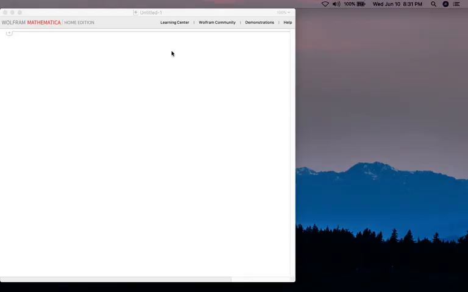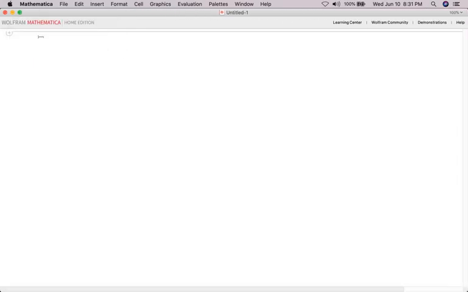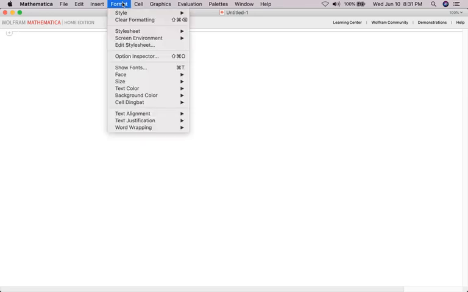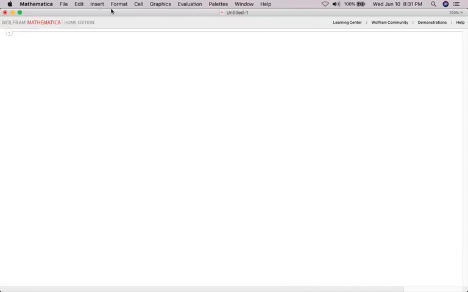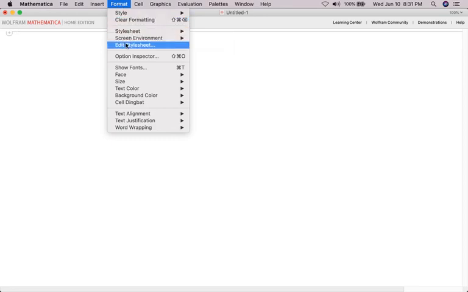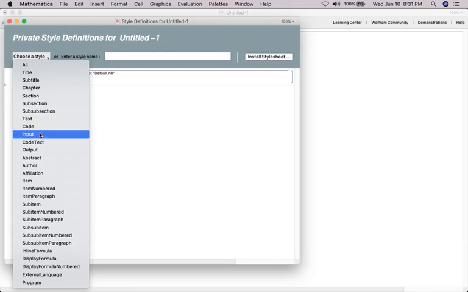Okay, so first of all, this is Mathematica, and hopefully you have it downloaded and installed on your computer. I think I went through this before during the first video, but we can go through this again. You can edit your style sheet. For people who are following me more slowly: Format, Edit Style Sheet, and then Input,